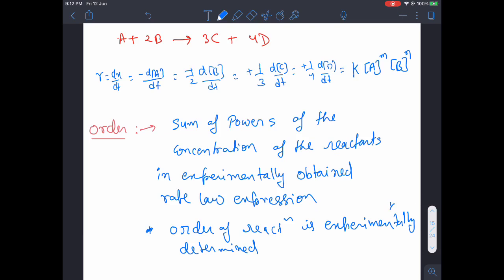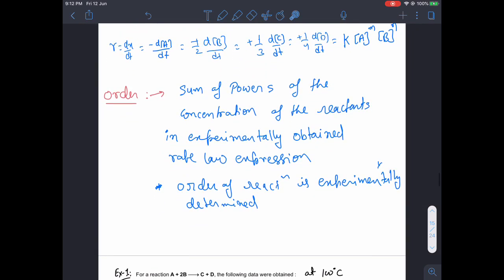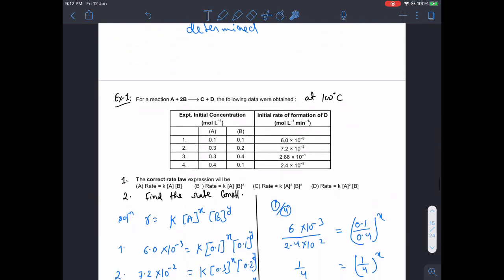Not only that, guys, let me tell you, even the rate constant is figured out with the help of experiment. I told you in the last video lecture about the expression of k. K is equal to A, a pre-exponential constant, e to the power minus Ea by RT. Even activation energy is figured out with the help of experiment only. So just to give you a glimpse of it, I have formulated one problem for you. So let's see how to approach this.